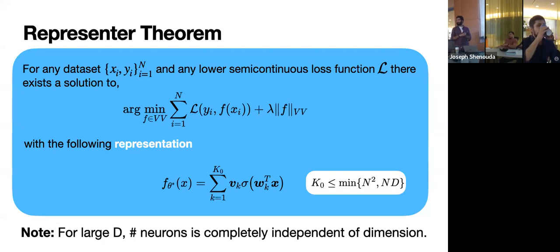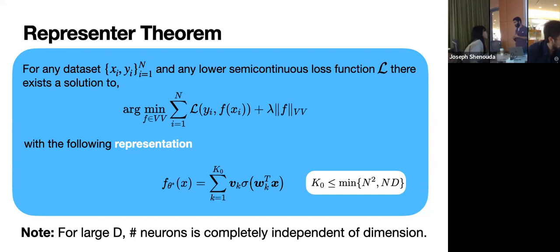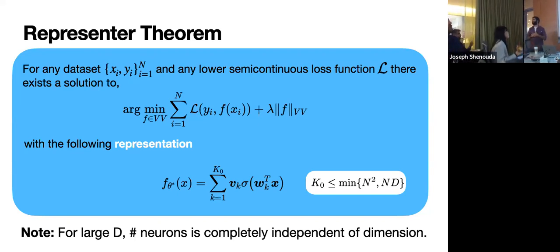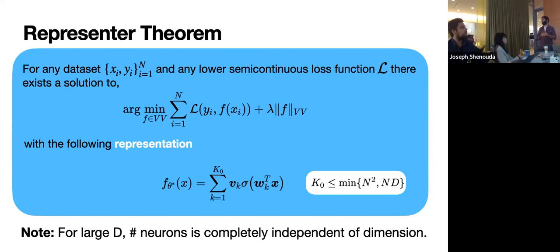How is it? What's the intuition behind it not having any dependence on how close the data is? If I have very discontinuous or very non-smooth data, but I have points that are very close to each other, but the labels just keep flipping, that's a very difficult function to fit, right? I mean, yeah, but you need a lot of neurons. So right? I think this is a very loose bound. Yeah, it's very loose.